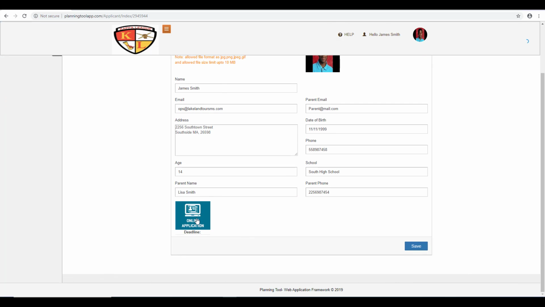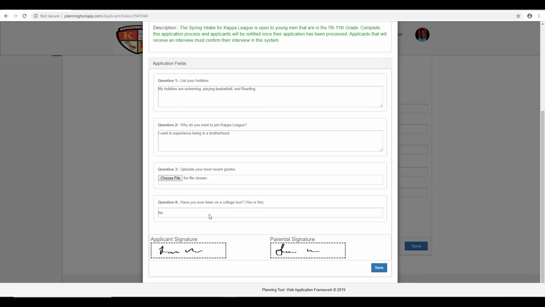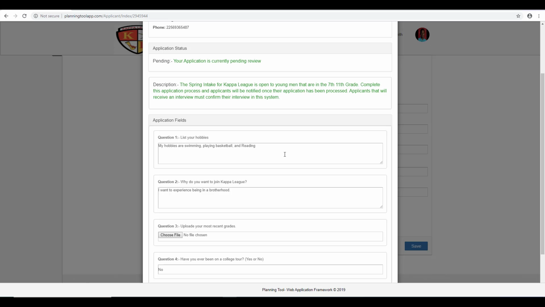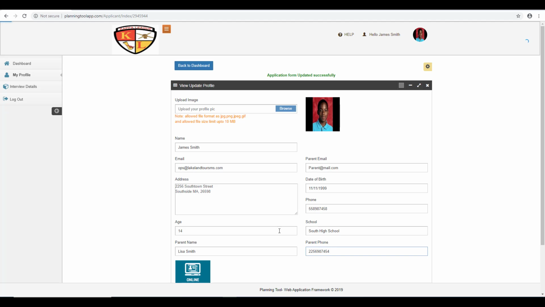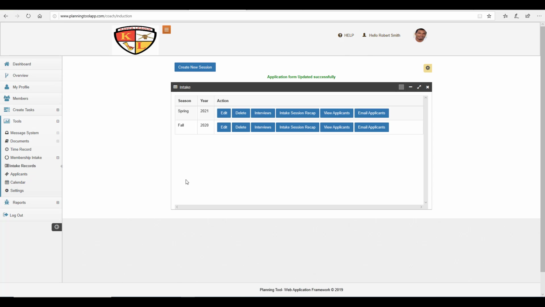All right, you can at any time go back and edit any of his responses. All right, and the application has been completed. So we'll go now and look to see what it looks like on the applicant side, from the advisor side. So whenever you get ready to go back through and review your applications,